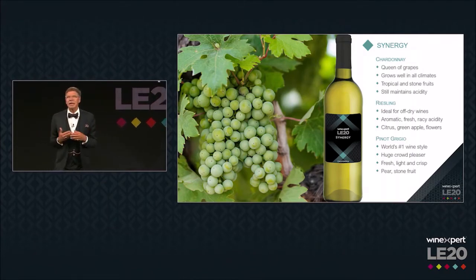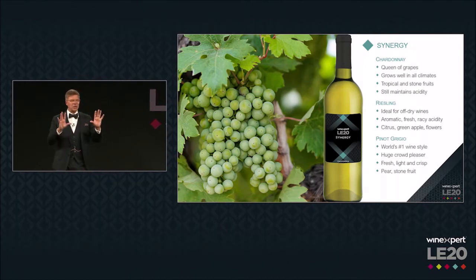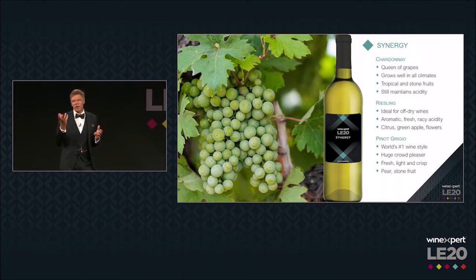Then we've got Riesling. Riesling, for a sommelier, we want people to drink Riesling. Number 1, its racy acidity carries all degrees of residual sugar. So, whether you're looking at a Trockenbeerenauslese from the Mosel Valley or the Rheingau in Germany, or a simple off-dry wine from California, Riesling has all the stuff to carry that sweetness. And I know a lot of people, when we say, oh, this wine is off-dry, it's got a little bit of residual sugar,